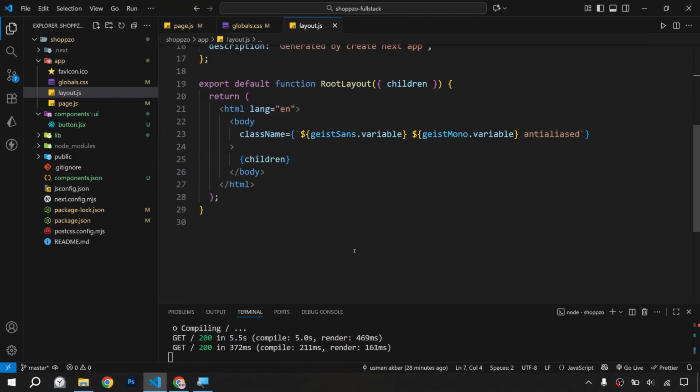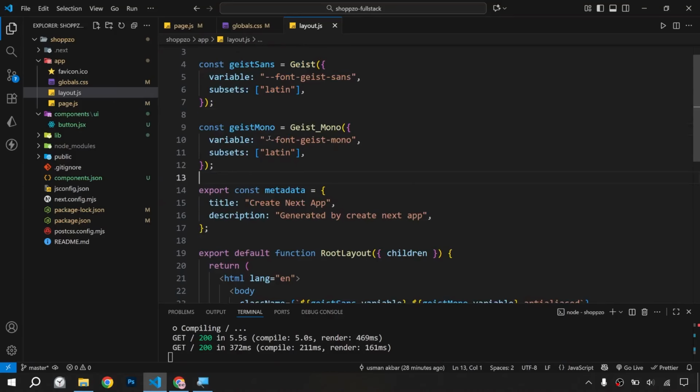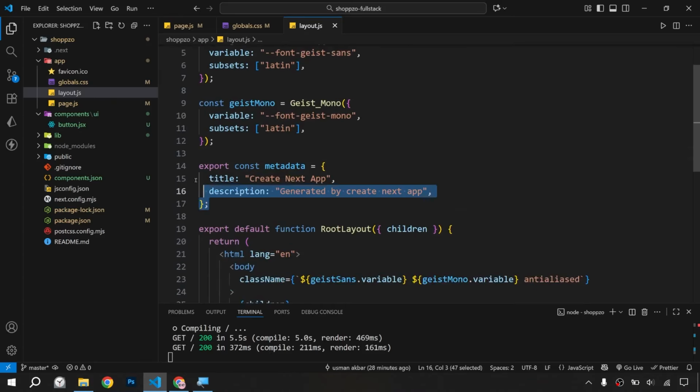These are the default lines that we got after installing the Next application by create next app. Okay, so these are the settings for creating the variables for the font. Okay, and these are the metadata for SEO, these kinds of things. Okay, the title and description. So here we can write Shubho app